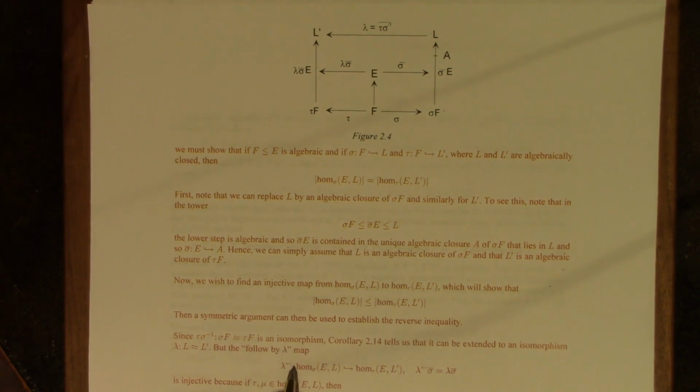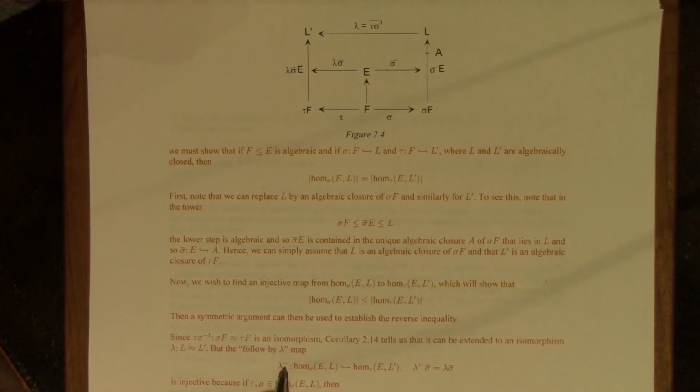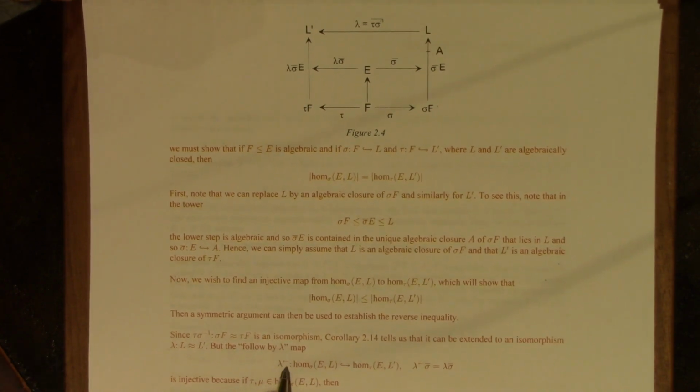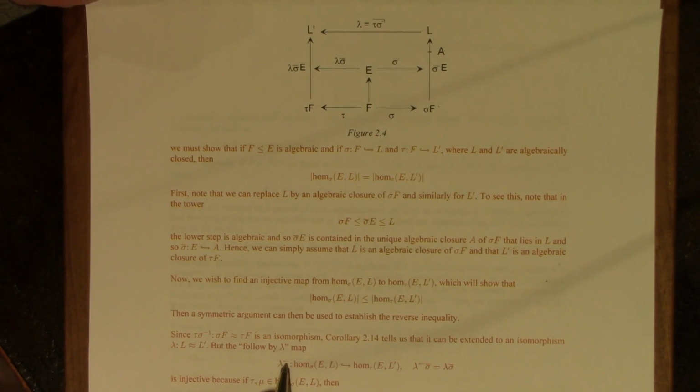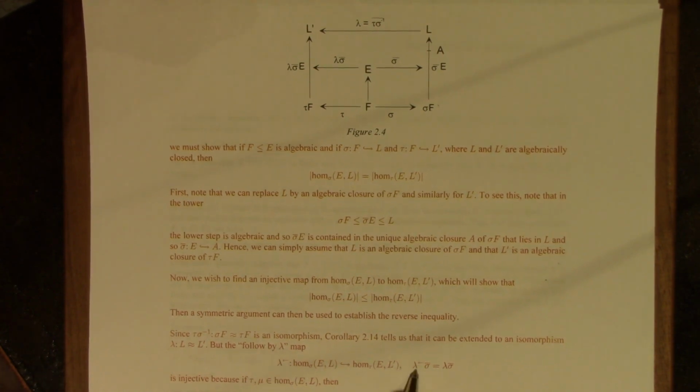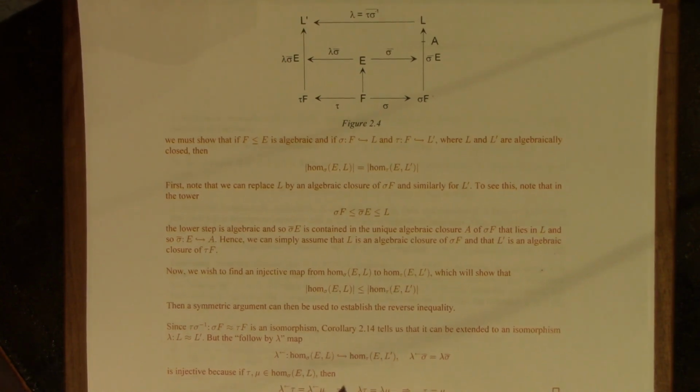So here it is. I've used this notation, lambda upper arrow. I've used it in past courses. It tells us to apply lambda after the map rather than before the map, which would be an arrow pointing the other way. This notation is not very common, but it helps me remember what I'm doing, so I kind of like it. So the arrow pointing to the left means put lambda after the element of the domain. This is an embedding